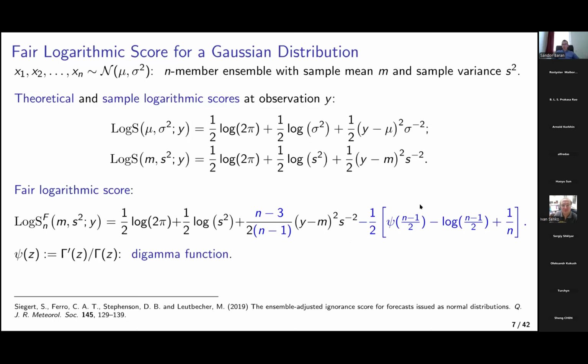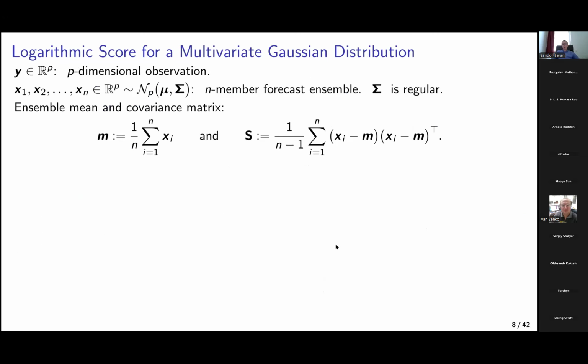And what was the reason for the modification? The idea was the following, that the mean of this sample fair logarithmic score is exactly the theoretical one, which means it is an unbiased estimator for the theoretical logarithmic score. So that was the starting point for our studies, and we want to generalize it for multivariate Gaussian distribution. So you have a p-dimensional observation, and you have an n-member p-dimensional Gaussian forecast, and for simplicity we